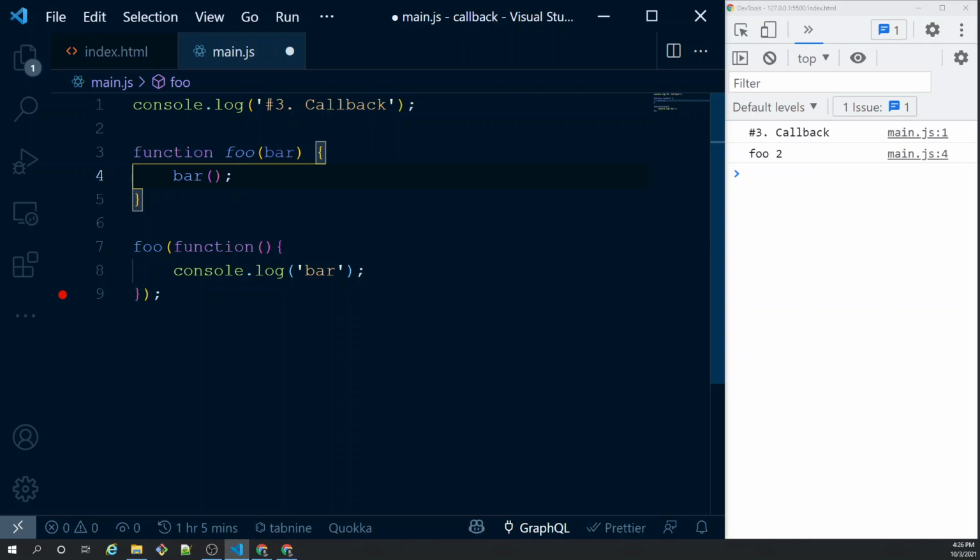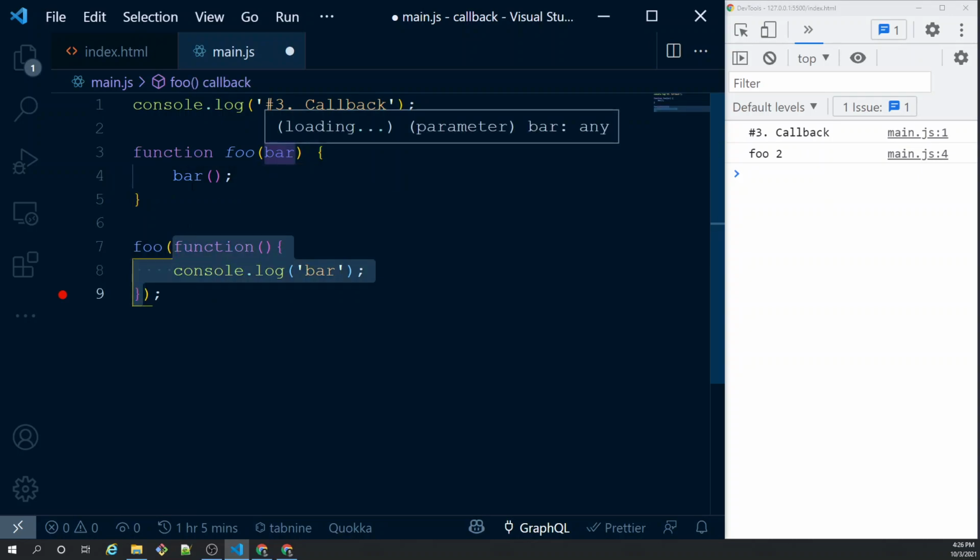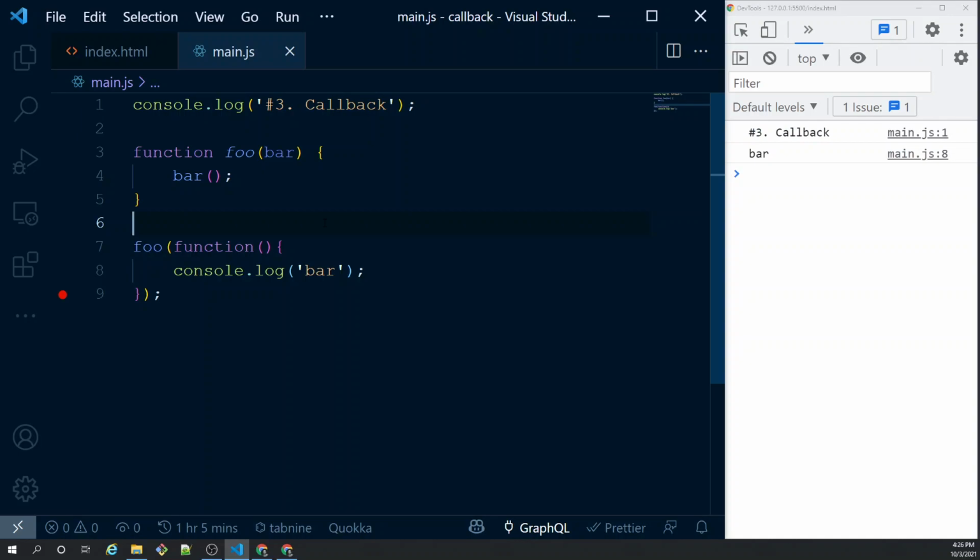You're invoking this function. So the function from here to here gets passed as the function body to bar, and once you have the parentheses after that, it means you are now invoking this particular function inside it. So once you invoke that, what I'm expecting as output is bar, because once this function executes, it's going to do a console.log of bar. Now this is a very powerful concept, that you are passing a function as an argument to another function. Why it is a very solid fundamental aspect is because you can do anything with this bar function now.